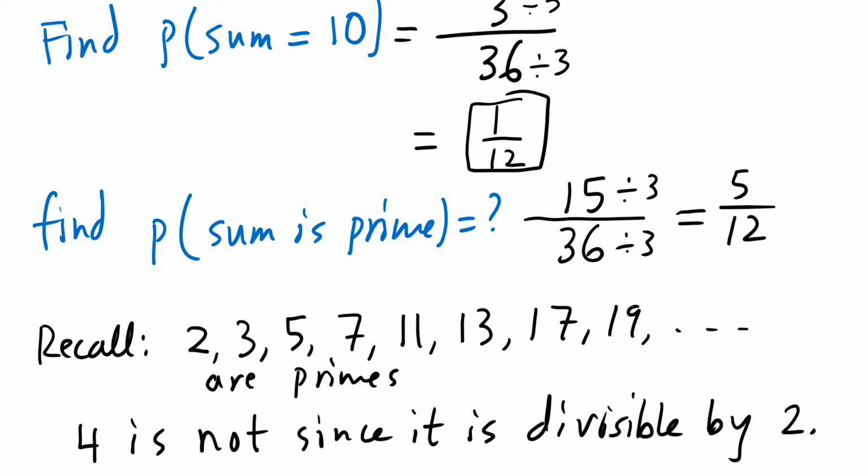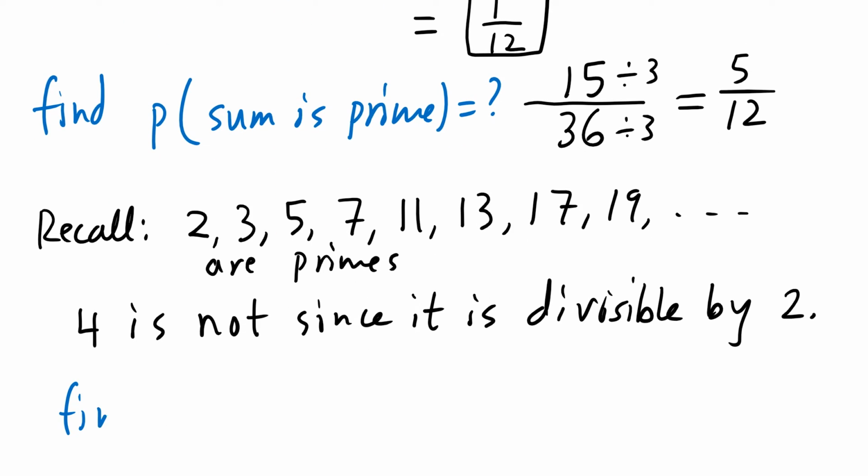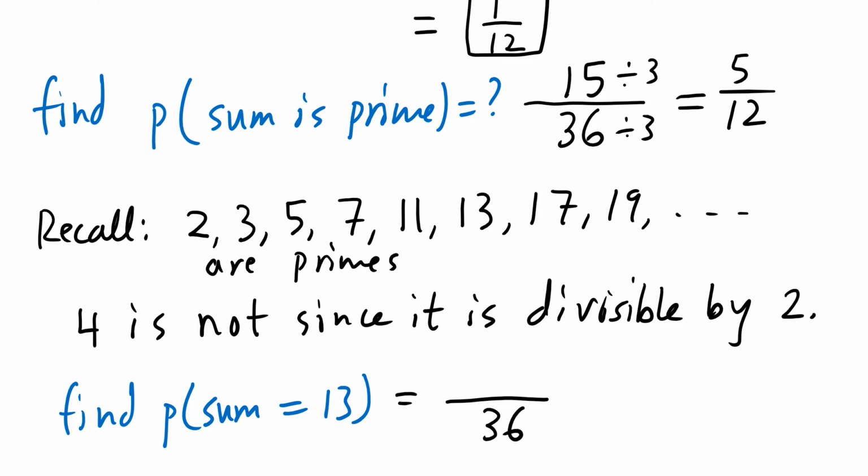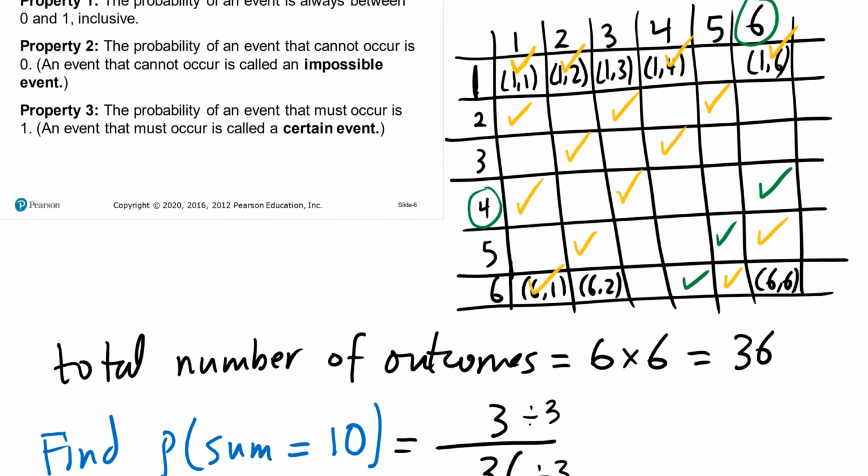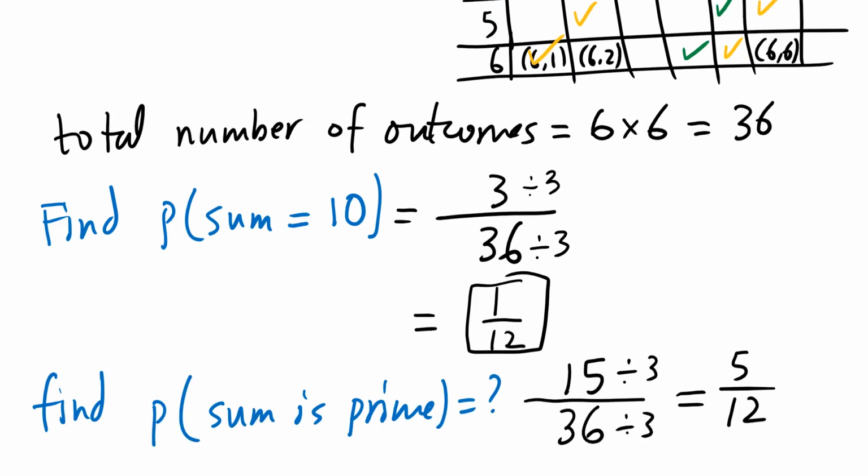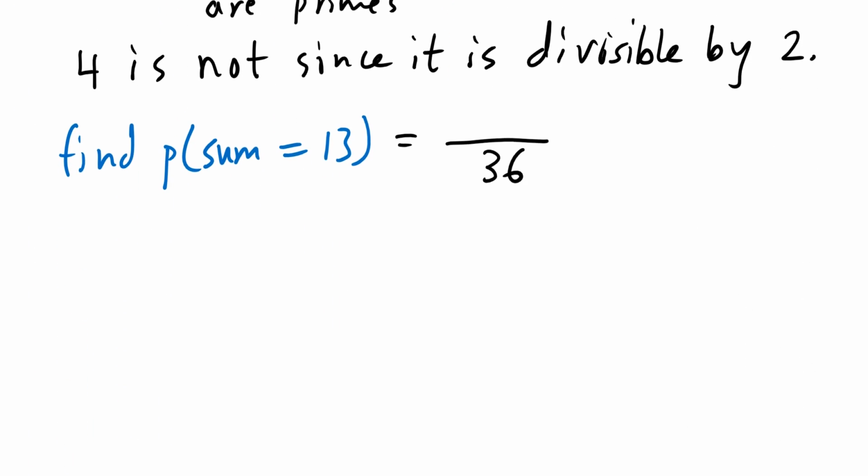Now, the next example on the same problem, find the probability that the sum is equal to 13. What would be the probability here? We know it's out of 36. How many? If we look back at the table and try to find 2 numbers that sum 13. Well, the largest sum I can find is 6 plus 6, which is 12. It doesn't work out. I can't find any of them, so I put 0. So what does that mean? 0 over any number is 0. This is called an impossible event.